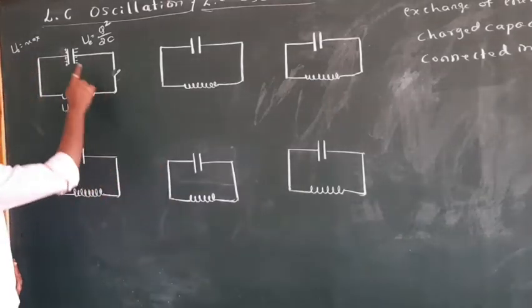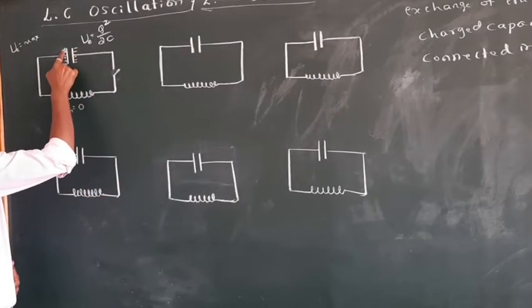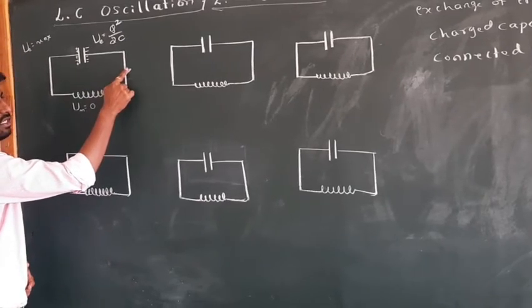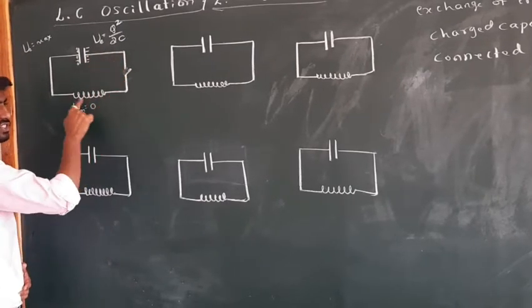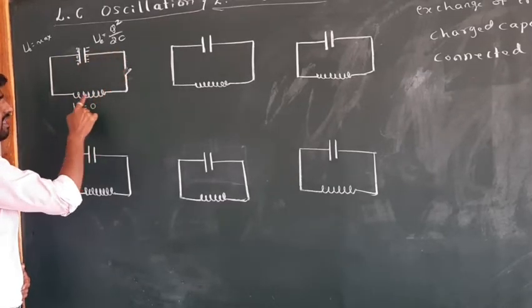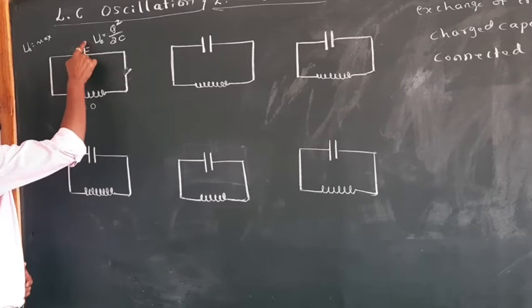What does discharging mean? See, these are the extra electrons and these are lacking electrons. When you connect these two, what happens? There will be a flow of charges. The extra electrons start to move in this path and reach this plate, so that the positive and negative charges cancel.